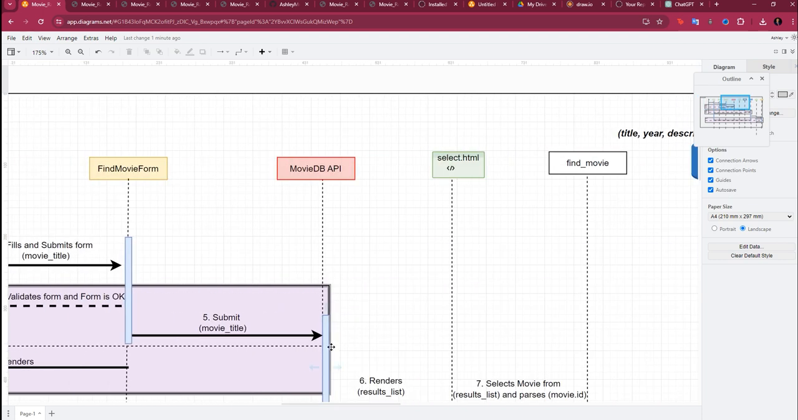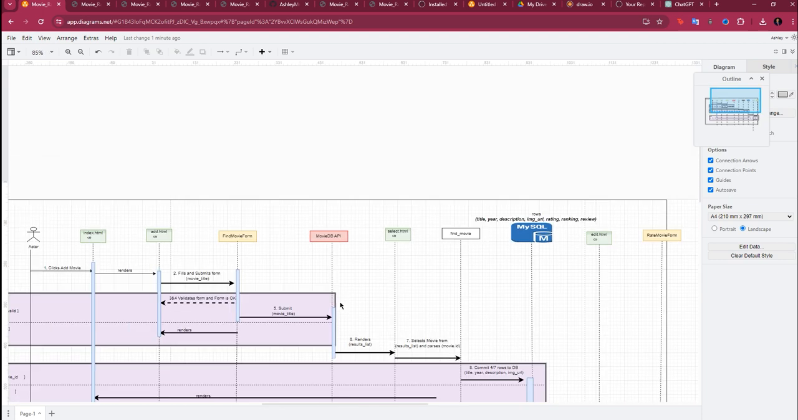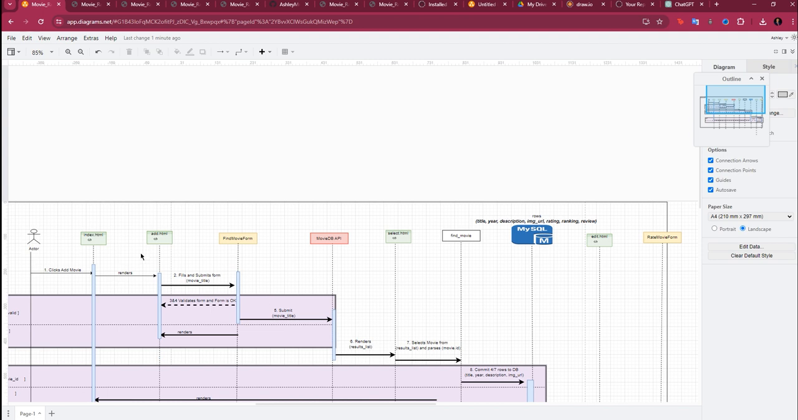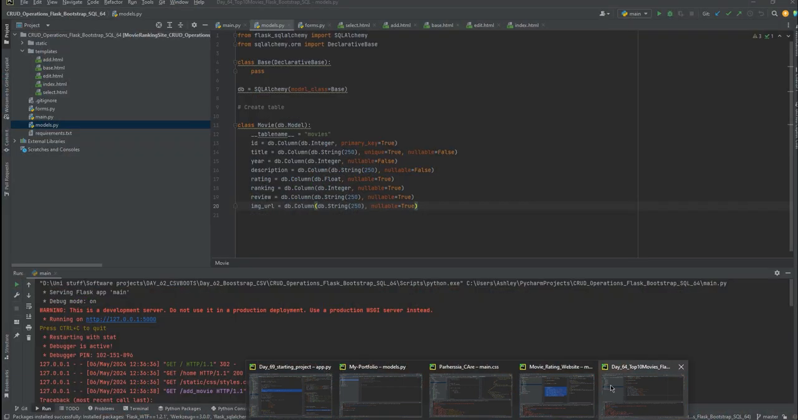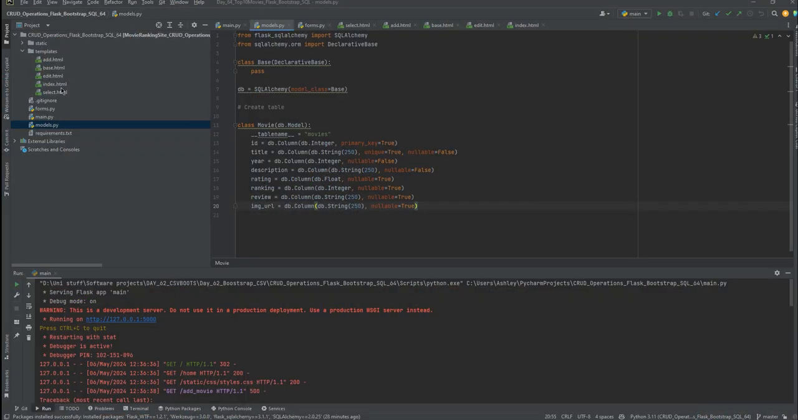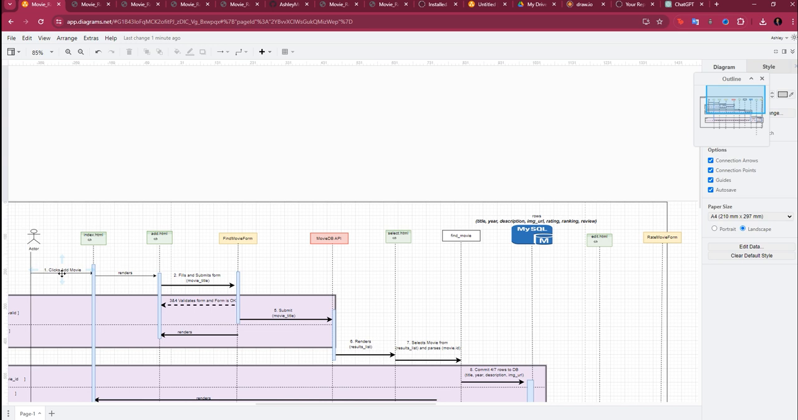Essentially, all the classes at play within the first interaction are these. We have these templates, which we can have a look at here. These are the templates: add, base, edit, and select. And when the user clicks add movie, it's going to render add.html, and then they're going to fill and submit the form. And once they've submitted the form, what's going to go through is this movies.title, and then the movie